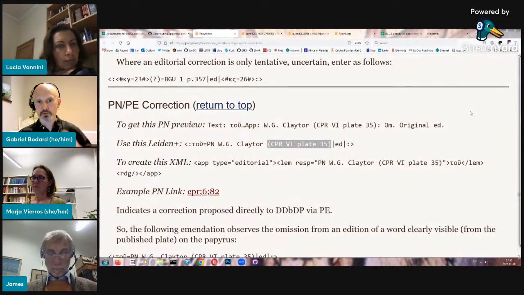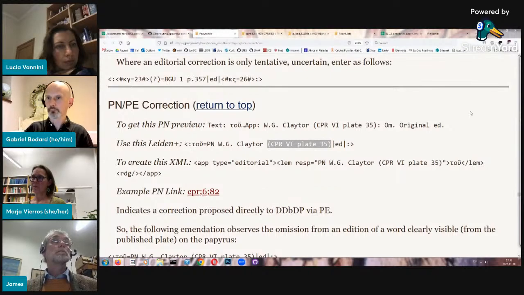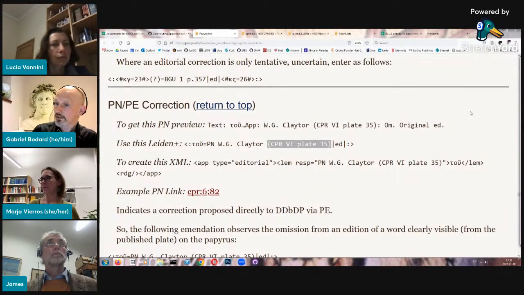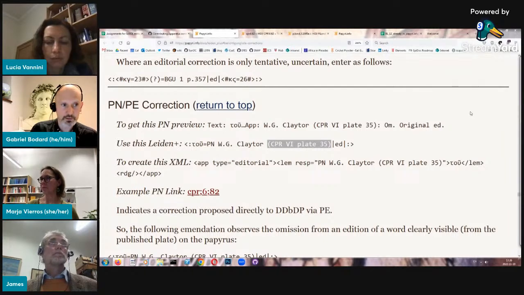but have a go at it. And if you use preview after you've saved your Leiden Plus, but before you submit it, then you should be able to see if anything goes horribly wrong. So nothing will be horrible there. But please do try that out. Whether you're looking at this today, or whether you're looking at this 6 months after we record this video, or for that matter 5 years after, you're more than welcome to enter some of these corrections into Papyri.info, and at